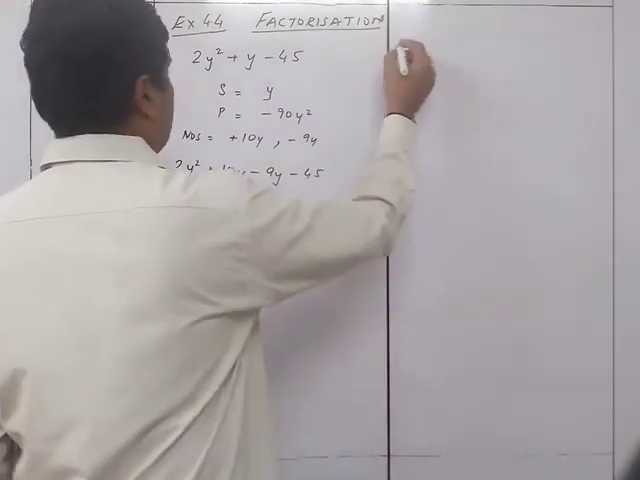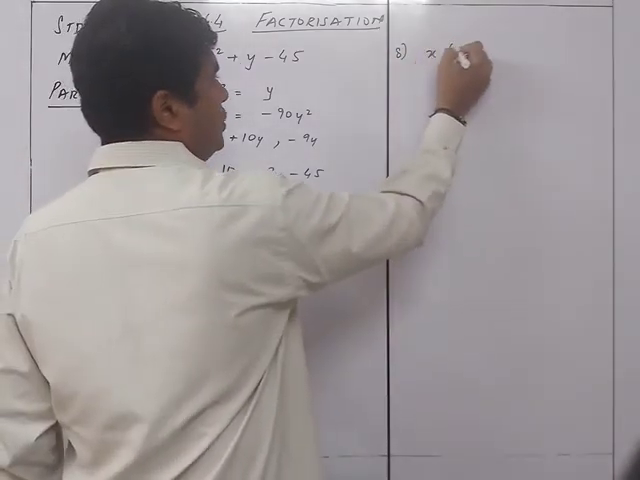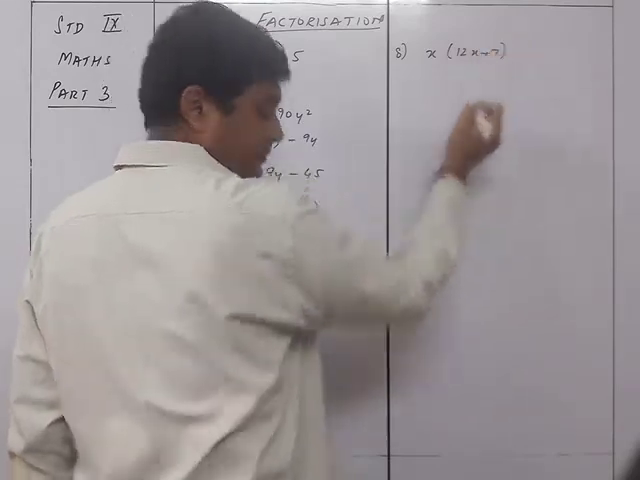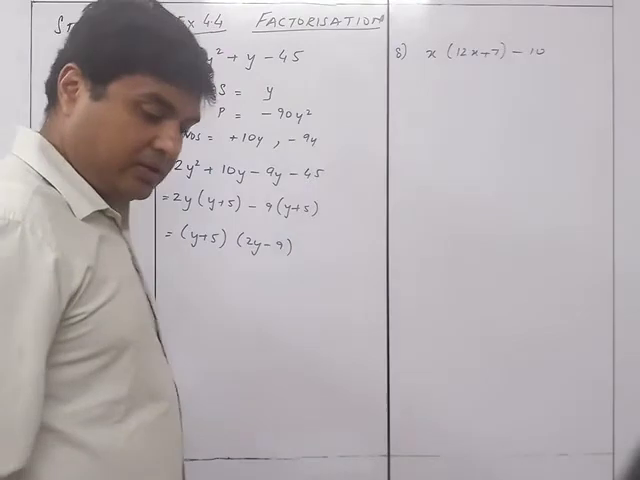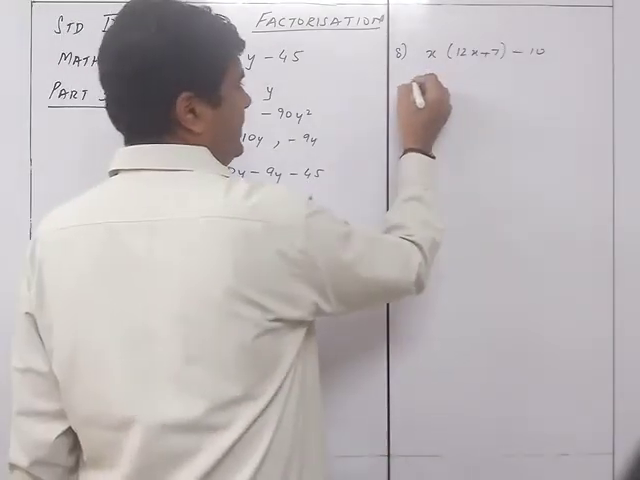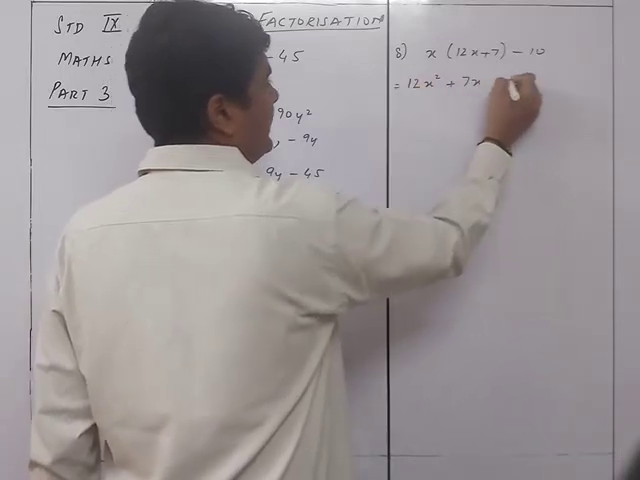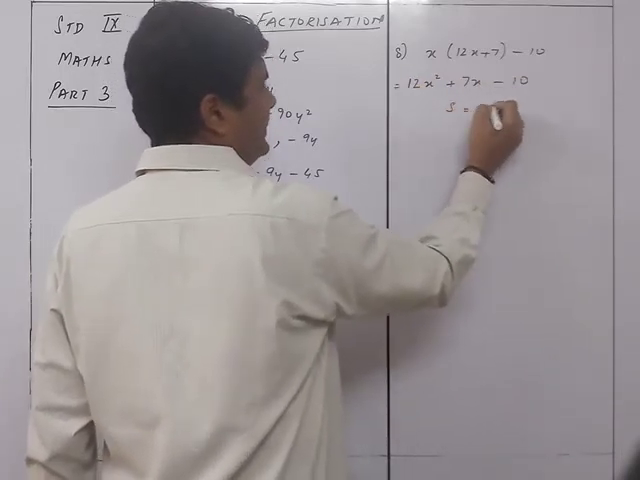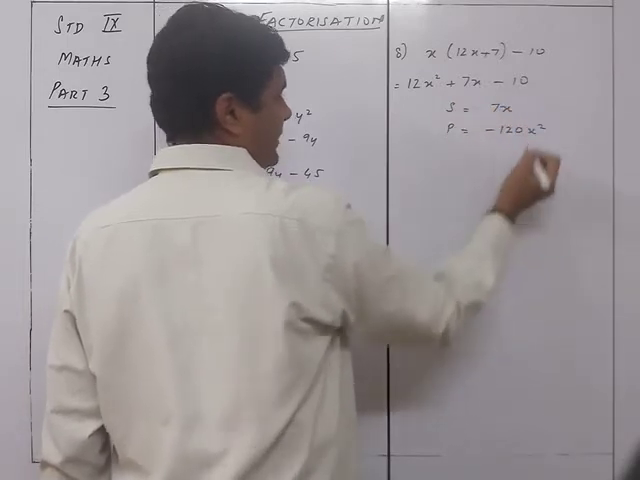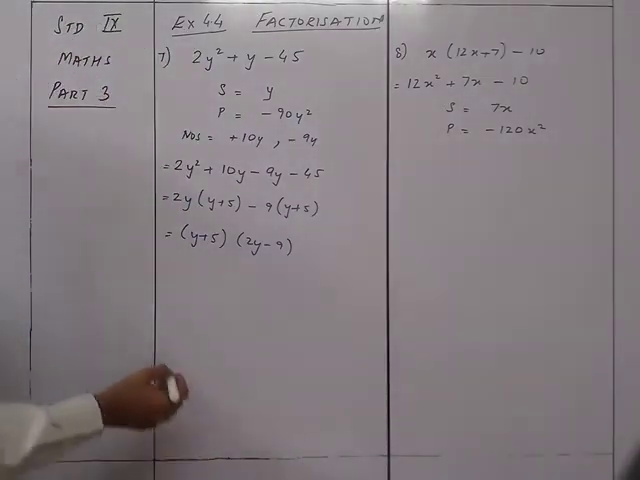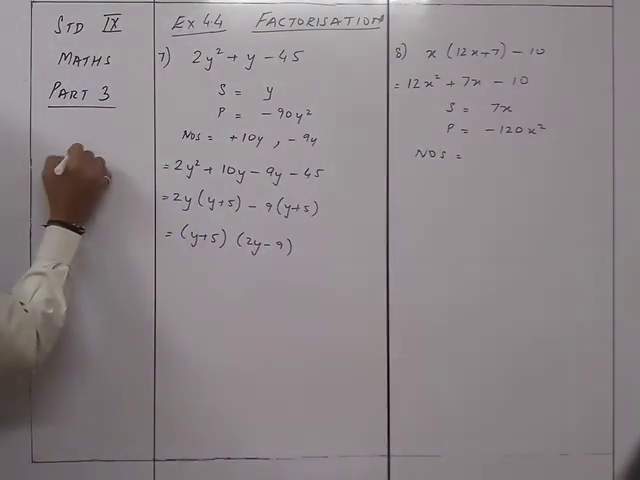So we come to the sum number 8, that is x into 12x plus 7 minus 10. Okay, so we are going to open the brackets, so it will be 12x square plus 7x minus 10. So that's why the sum is 7x and the product is minus 120x square. Okay, so I need the numbers such that एक number बड़ा है छोटा है, so it is 1 and 120,